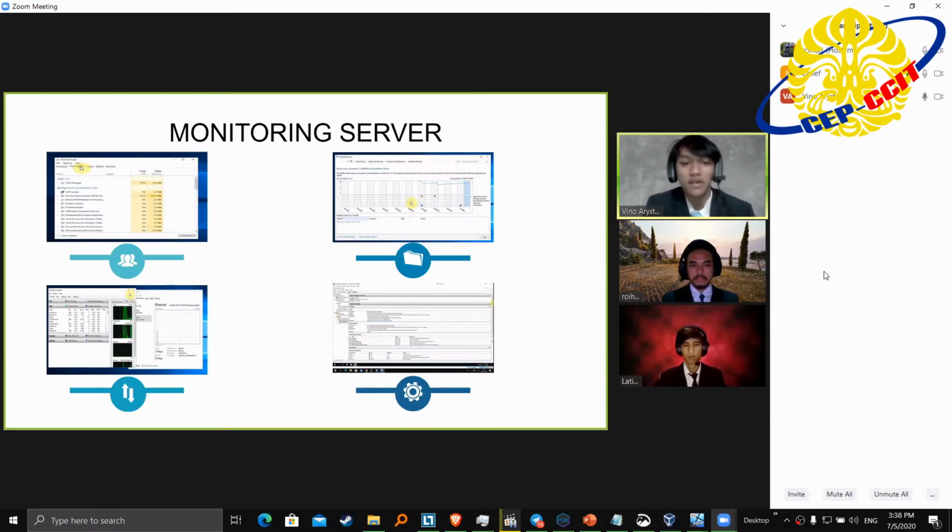If you have ever opened Task Manager on a Windows operating system, server monitoring is similar to Task Manager. Server monitoring tools help you in monitoring the server under normal circumstances.